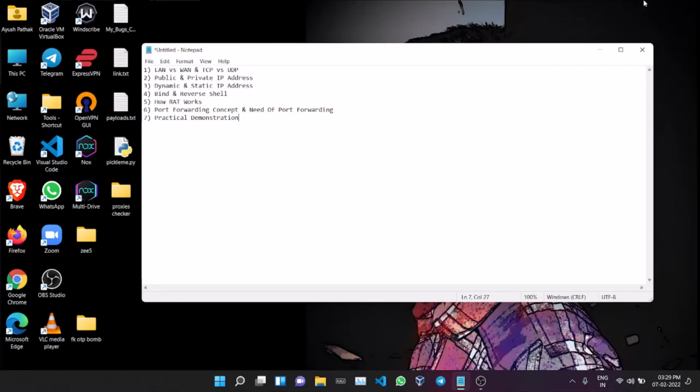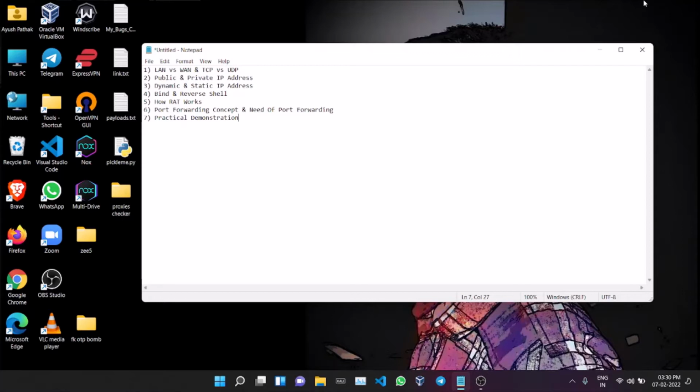So let's move to the next topic, that is public and private IP address. Many people say that each device has 2 IP addresses, but this is not actually true. Let me tell you the difference between public and private IP addresses. Imagine you have a router and 5 devices connected to your router via Wi-Fi. All your 5 devices connected to your router will have one private IP address, and each private IP address will be different in the same network.